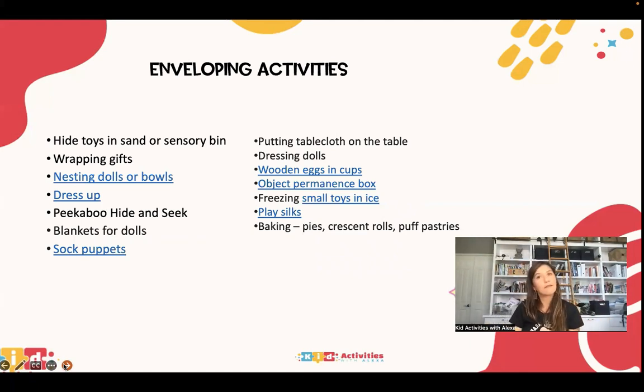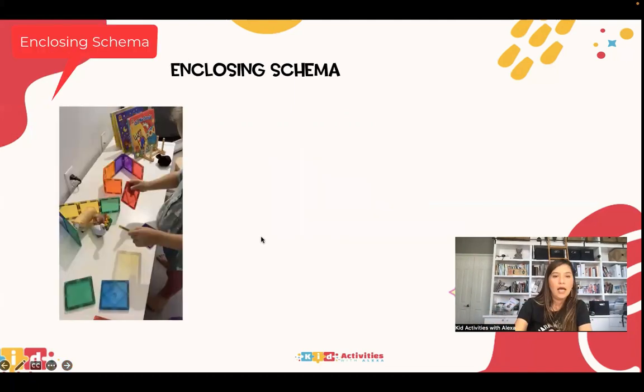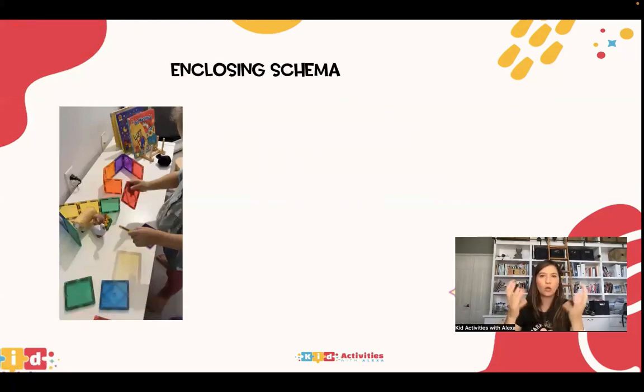Play silks are fun because those are like little blankets they can use to cover their toys or cover themselves. Baking, like pies, where you could hide things in the crust. You can do Play-Doh as well, right? They can hide the little toys under the Play-Doh and then use their finger muscles to get them out. So the enclosing schema could be very similar to the enveloping because they're closing things around, but